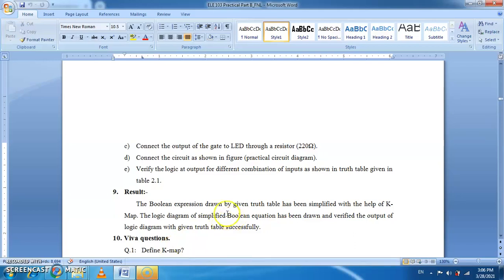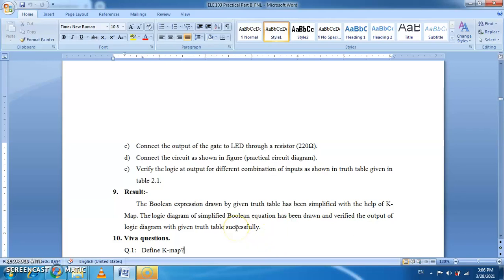We use the KMF for simplification. And whatever logic diagram of the simplified Boolean expression has been drawn has been verified against the given truth table. And here we use the Tinkercad to do the simulation here. So in this way we do the experiment here.